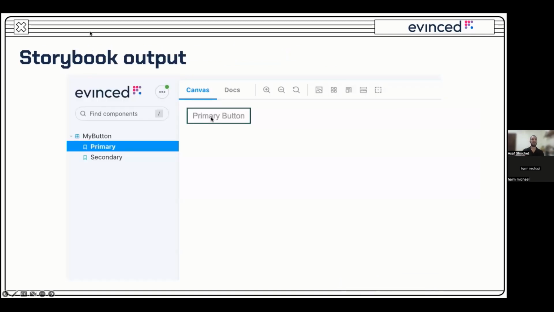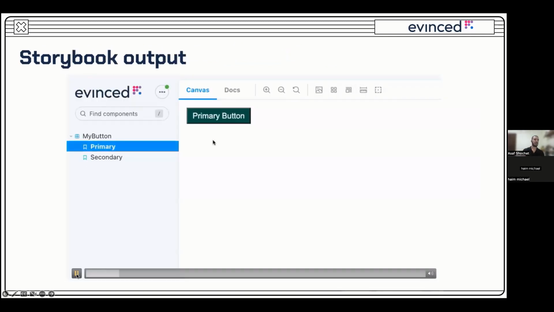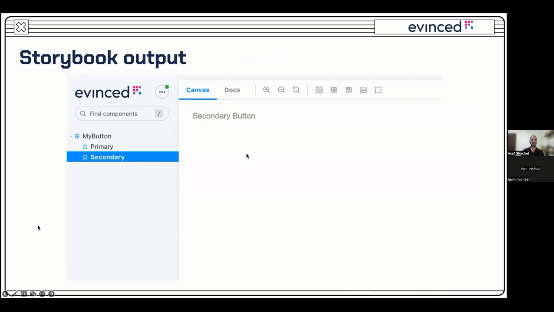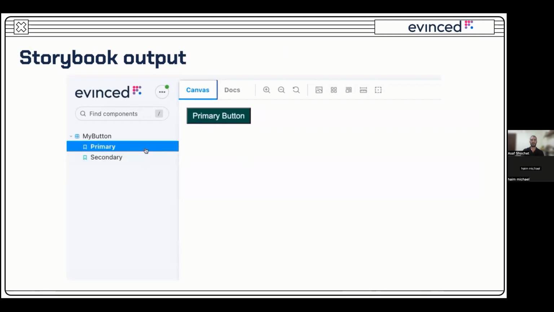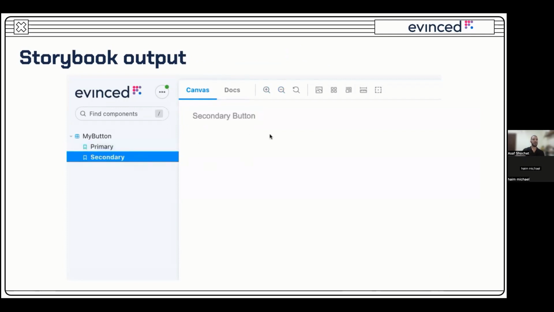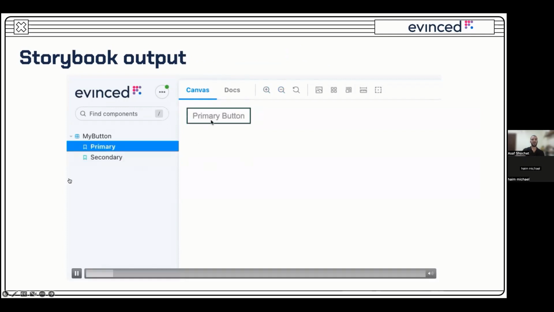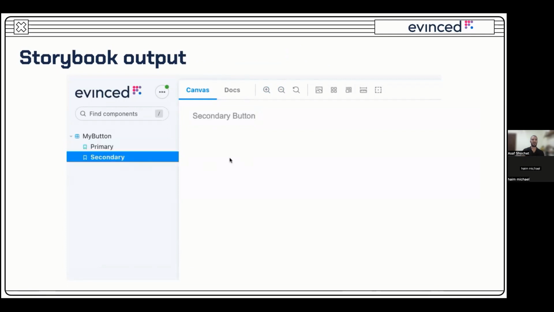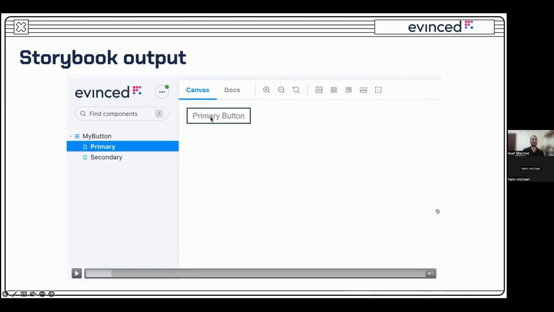And this is how it looks on Storybook. Okay, so this is the primary button. This is the secondary button. Now this is pretty simple. We have only two components. Now we're going to use this as the basis for our tests. Meaning,